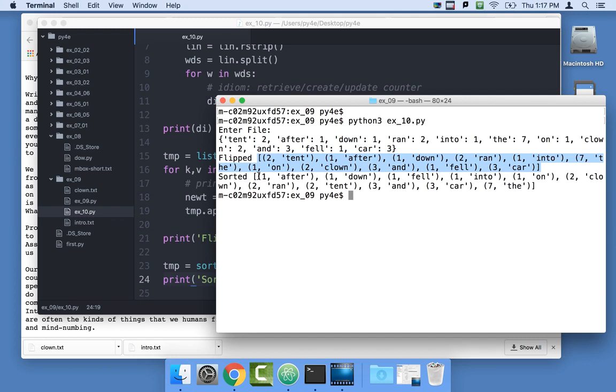But after we sorted it, it's sorted by tuple, and the lowest is 1 after. You'll notice that 1 is the same as 1, so it checked the second item in the tuple, so down comes before after. Then we get the 2's, so all the 1's sort there and then the 2's come here. Within the 2's, it's sorted in alphabetical order, because like a string, if the first character matches, then it looks to the second character. And then we see, here we go, the 3's, and then the one we actually wanted, the highest one,